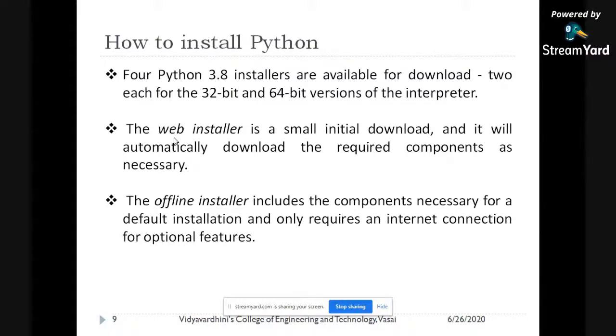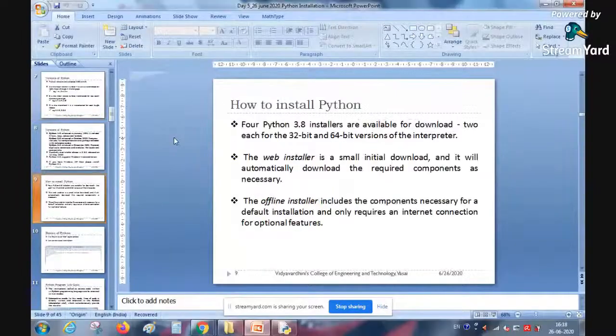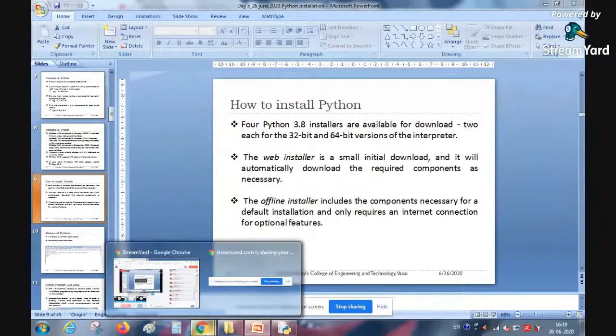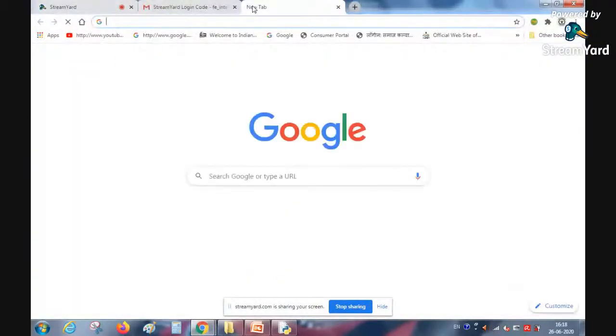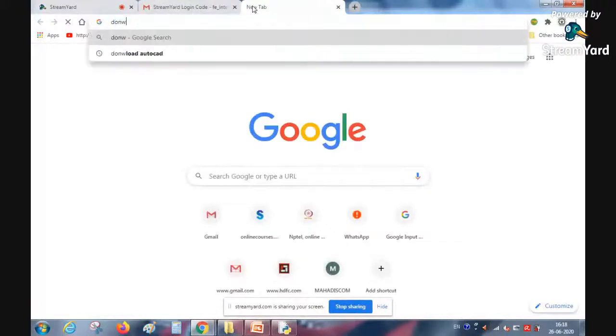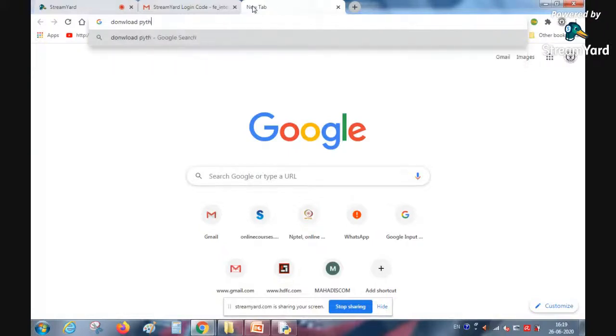Let's see, I will show you how to download. Go to Google Chrome and type. Now I will suggest you download Python, but it is not mandatory to download it for completing this course. Those who have a laptop or desktop with internet connectivity can download. Download Python